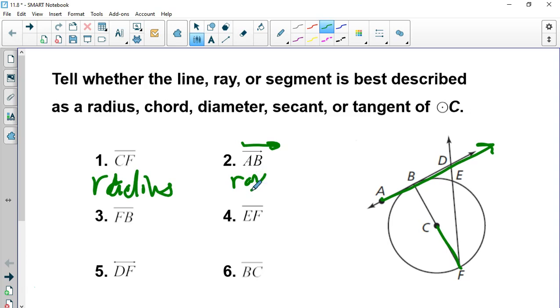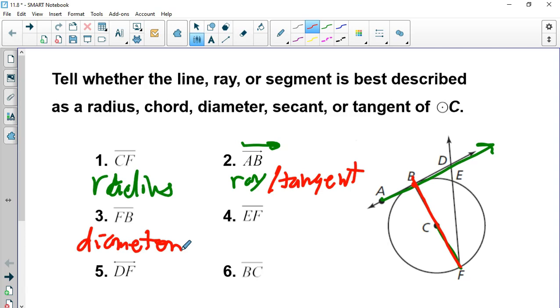I'm sorry, well, it is a ray, but being that it only touches at one spot here, the more specific answer would be that it is a tangent. Okay, so it is a ray, just touching one part of the circle. FB, where is FB? FB goes from one side through the center to the other side. Very important that it goes to the center. That makes it a diameter, as opposed to a chord,